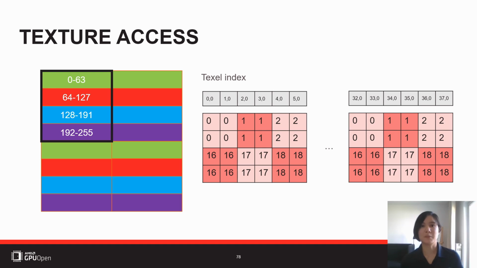But here it's important to notice, if you look at the whole thread group and all threads within it, they're arranged like 16 by 16 in this row major way. Then if you look at the single sample instruction, they load a complete block of 32 by 32 pixels, because each thread is loading a quad of 2 by 2. And once this first sample instruction is issued, then we move to the second sample instruction, so we're loading the next 32 by 32 block of pixels from this texture.